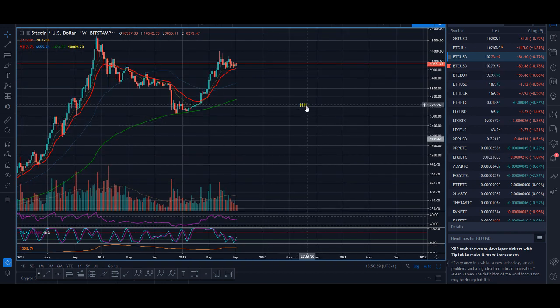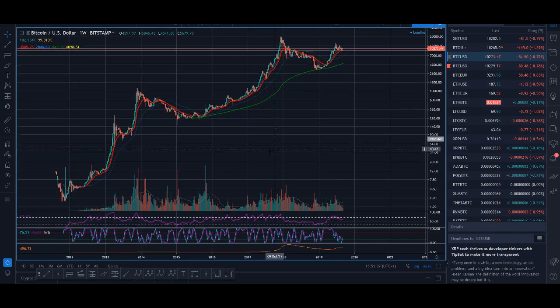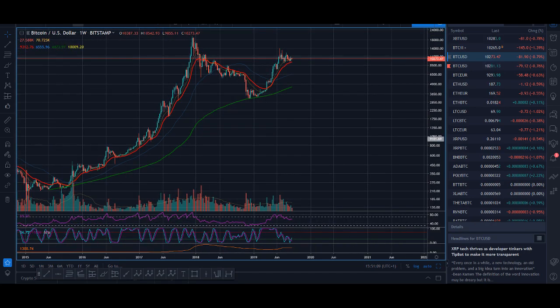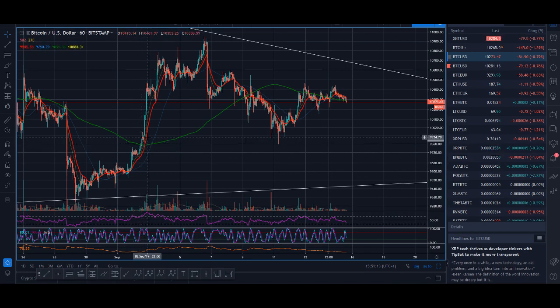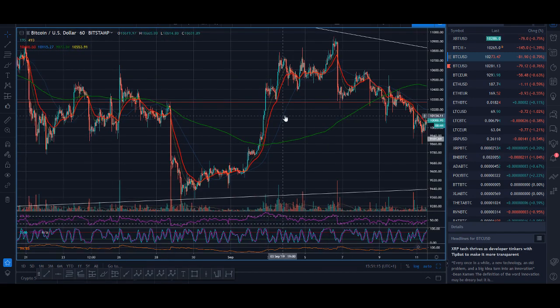So that's the first way of looking at trend. Again, I've got an hour video where you can look at everything, my analysis on trend. But that's one way, and the other way is you look at the moving average. So if you go back onto an hourly time frame, it will be easier to see. So when the 20, I don't know if you can see, the blue line is the 50. A simple way is when the 20 is above the 50 moving average, it's in an uptrend. When the 20 is below the 50 moving average, it is a downtrend. That is a very simple way of looking at it.